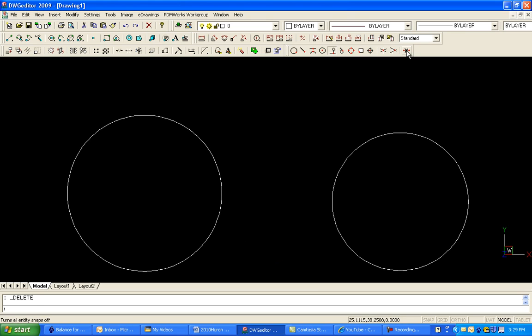And I'm going to clear my entity snaps and turn on the quadrant snap. Now I'm going to start a line, and what I do now is when I touch the edge of a circle, it automatically finds the nearest quadrant point. And the quadrant point basically